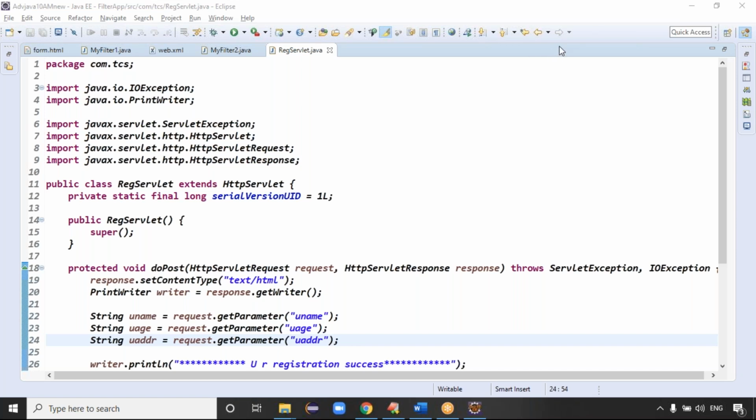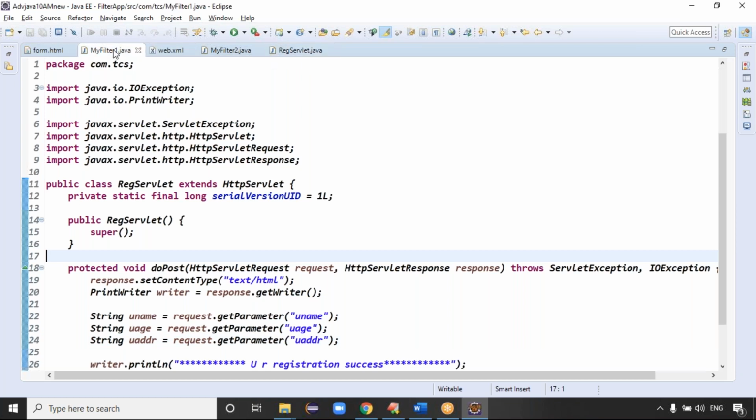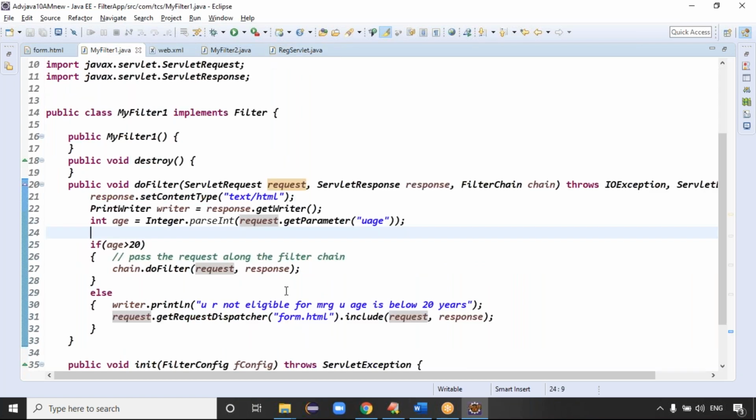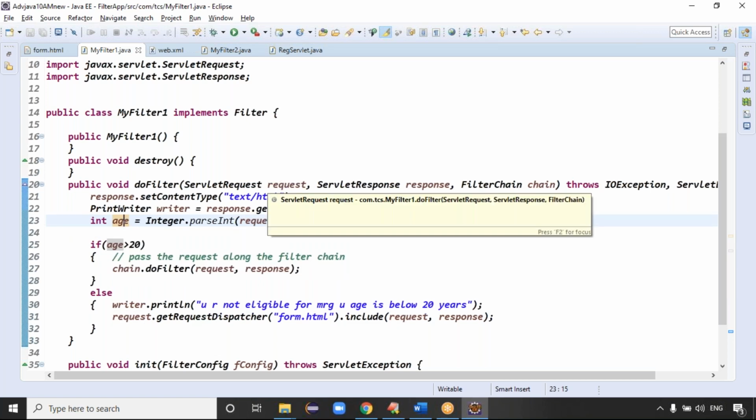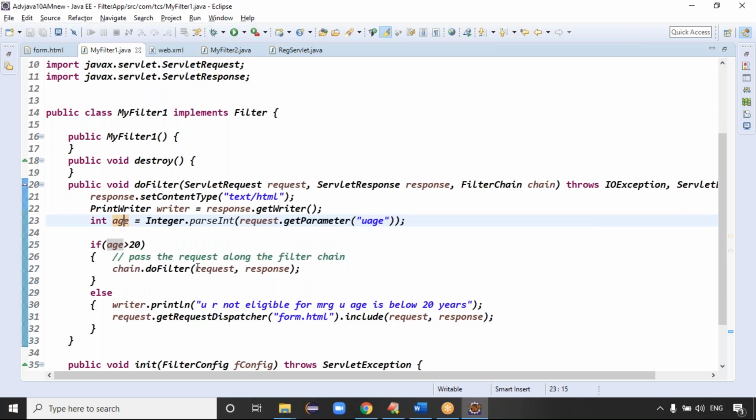Is it clear now? And the second question is she's asking, sir, we converted to integer format, so why are you again reading request.getParameter? You converted and you're using it only in these logics, but you didn't put it into the request object after conversion, right? It means by default the request object contains only the original data, and that data only goes to the next filter, right? Exactly. Are there any other questions, please?